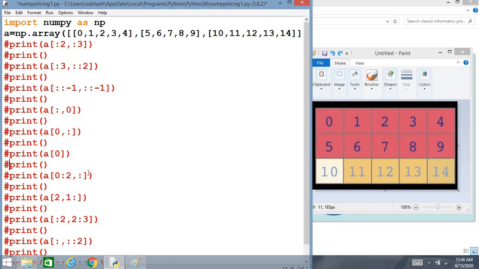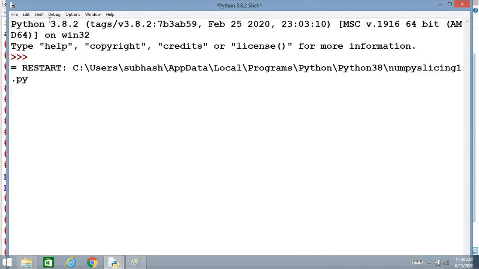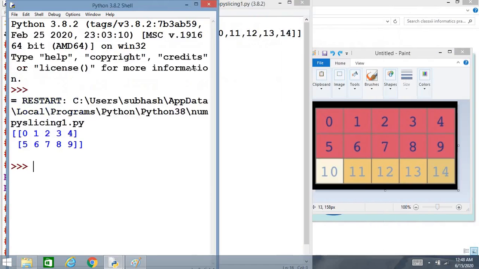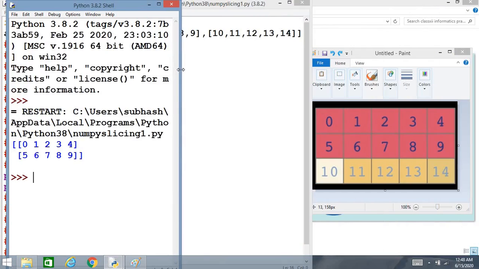Comma, colon, no start and no stop. So entire columns have to be taken. So you will get the first two rows entirely printed. Okay, we'll check whether it is coming. Save the file, then run. See, the first two rows have been printed. Understood?